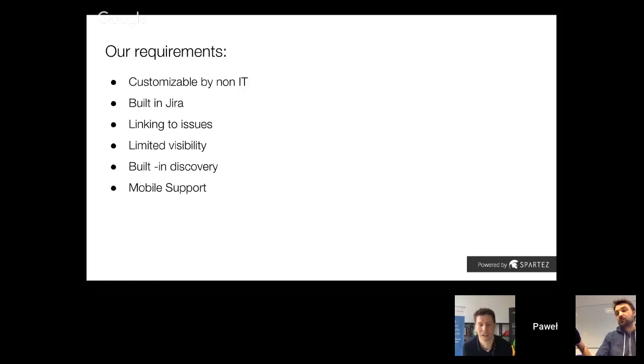The last thing that was important for us is mobile support. I like my laptop and I love to drag it around my office. But personally, if I would like to scan an asset and see online what it's about and who the owner of it is, I would like to have something on mobile. We didn't know back then how to resolve this problem, but the idea was that we had to have some kind of mobile support and the ability to browse assets on mobile, check in, check out, using mobile.